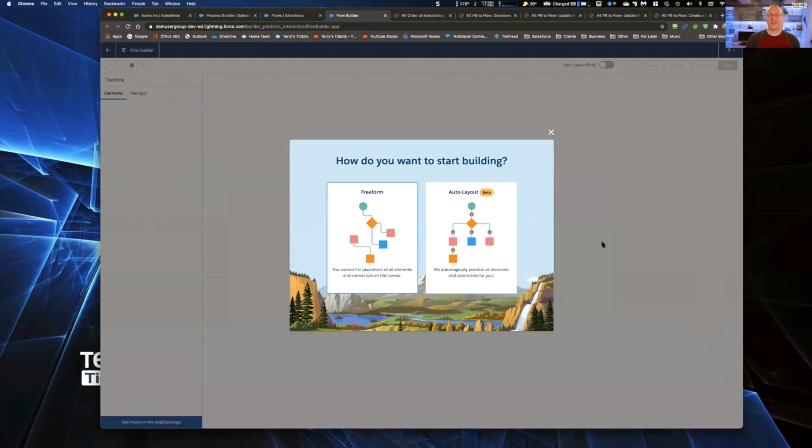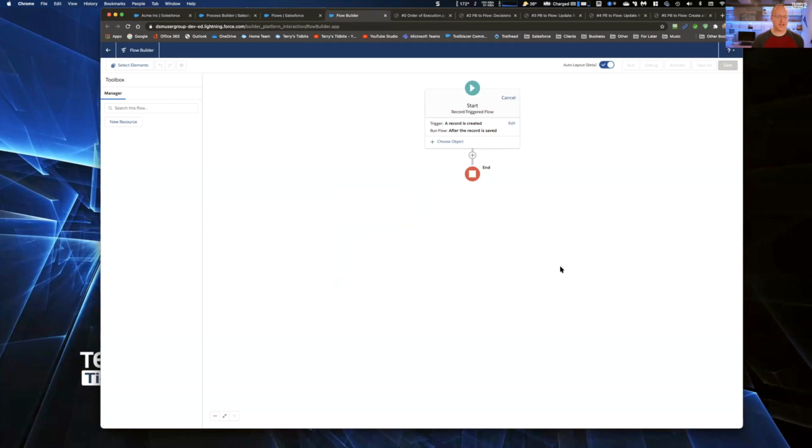Now, the second question you're going to get after you've made that selection is, do you want to use freeform or auto layout? Auto layout is in beta, but I'm recommending that you use auto layout as you're learning. If you are already comfortable inside of Flow, there's nothing wrong with using a freeform, but auto layout's going to be a much easier place for you to go if you're trying to learn how to do this. It's almost like it guides you a little bit better. So we're going to choose auto layout,